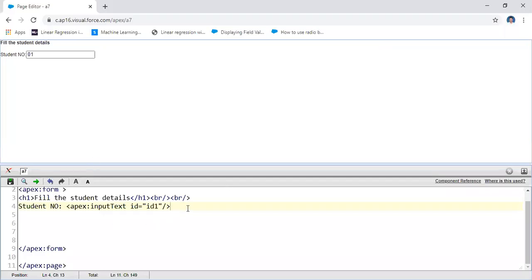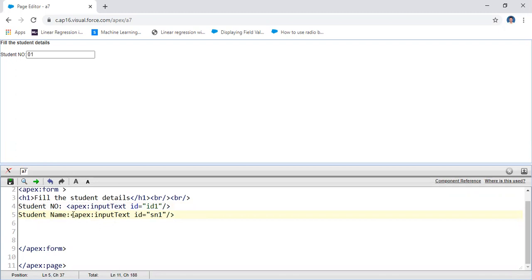Here I'm going to get the student name. How can you get the student name? Student name. Here student name is also a text field. Write a student name. Under the student name you will write the text field like this. Here student name, let us take anything.